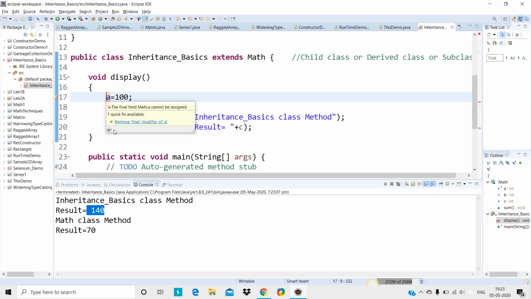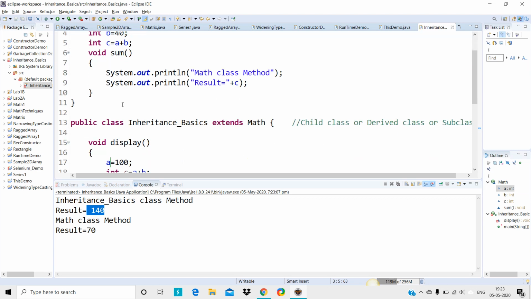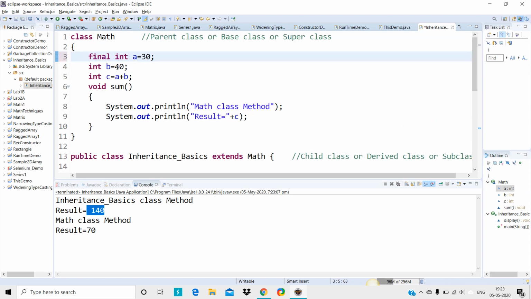If I remove the final modifier of a, it is removed now, and I can make use of this variable a. That is the use of the final keyword. Data hiding can be achieved in inheritance, so the data hiding concept comes into the picture. Data hiding is possible.